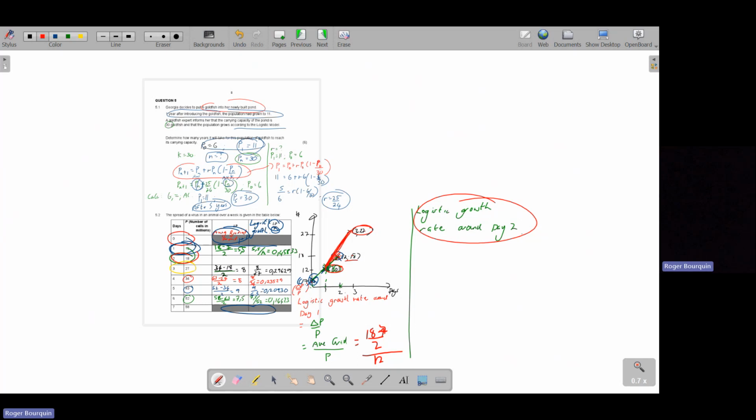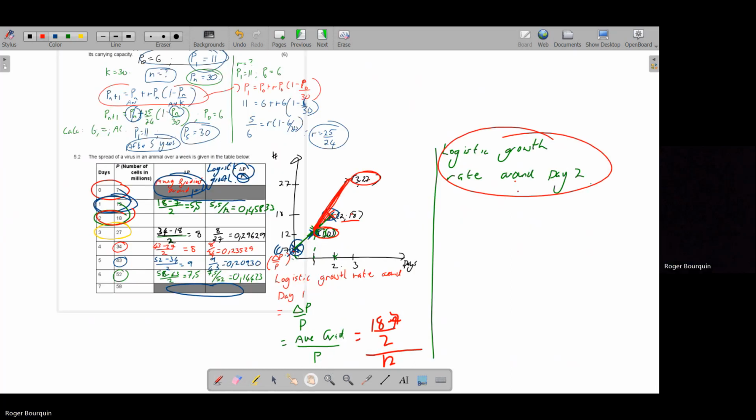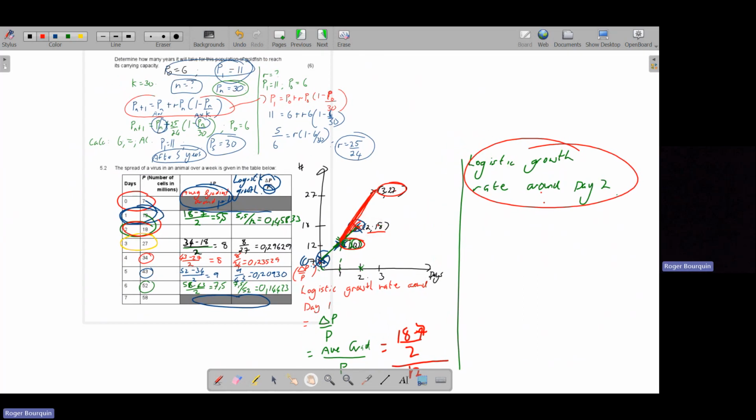So the logistic growth rate around point 2, day 2, I'm going to just go straight to the table. Logistic growth rate around this point is your average gradient, which is change of y, which is 27 minus 12 divided by 2, which is 15 divided by 2, which is 7,5. And then it's your gradient as a function of your population in the middle, and your population in the middle is equal to 18. So you get 7,5 by 18, which is